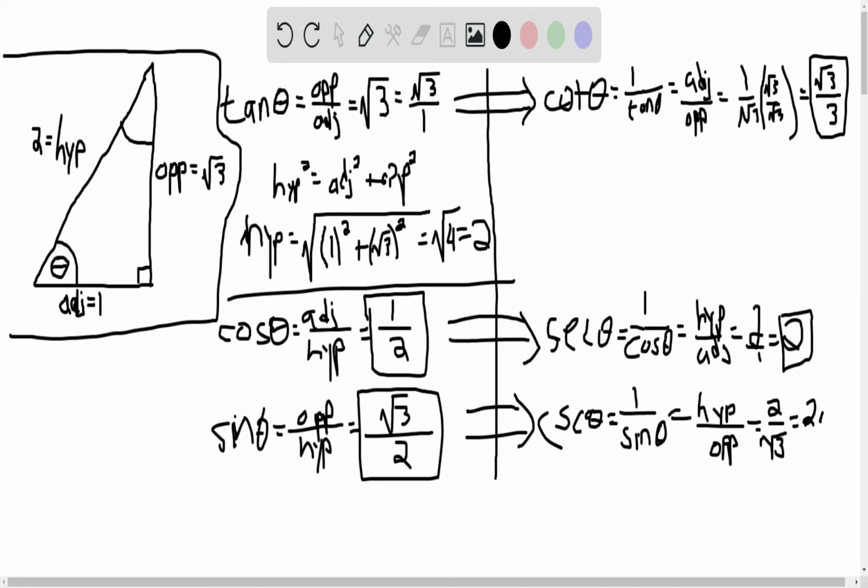And if we apply the same procedure to rationalize the denominator as we did for the cotangent function, we're left with 2 square root of 3 over 3 as the cosecant function. And that is all 5 of the remaining trigonometric